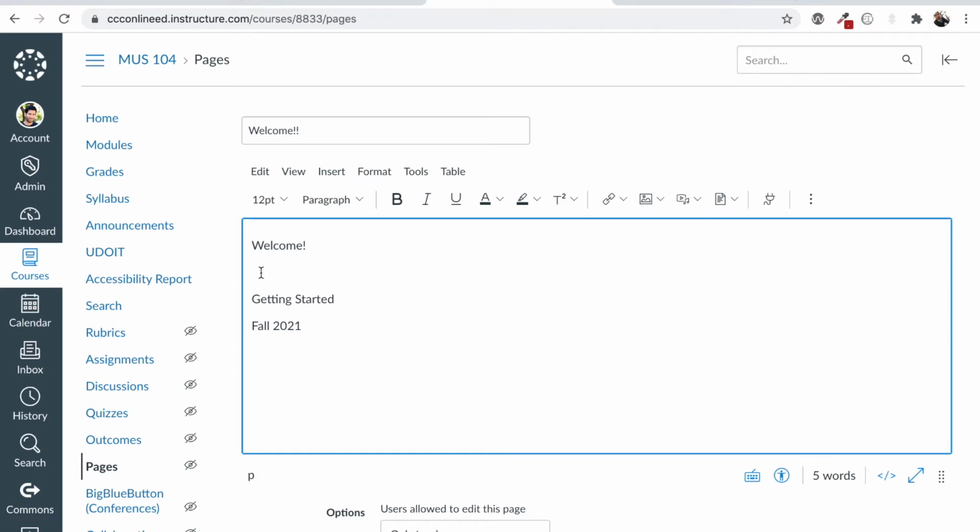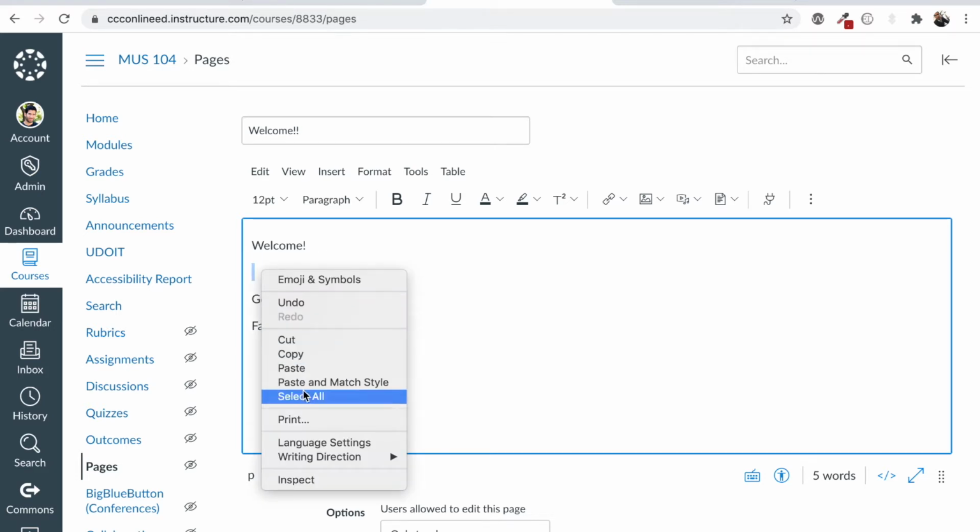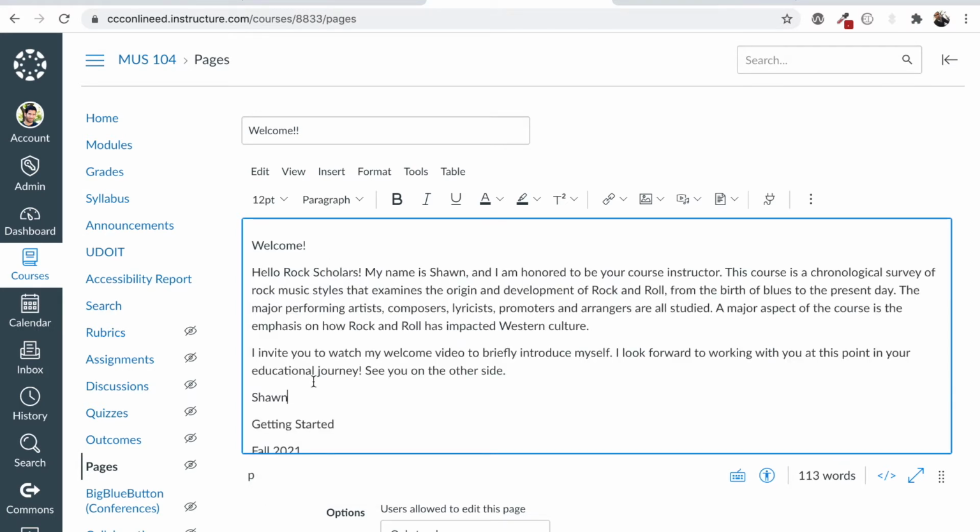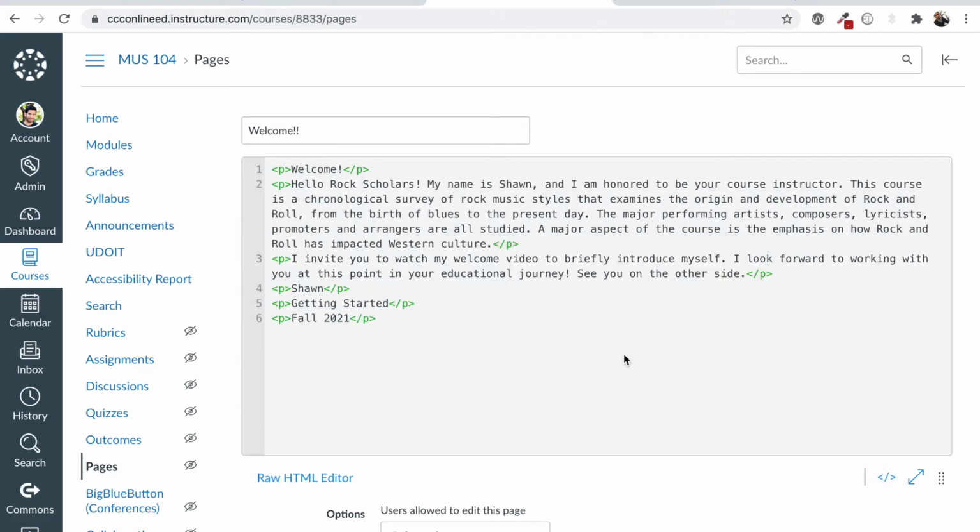And now I'm going to right click and select paste and match style. Okay, so I pasted and I matched style. And you may ask, Sean, why'd you do that? Well, when I select that paste and match style, what it does is it removes any formatting that might be in that text. And you can check it by looking again at the p tags. So there's nothing but plain text in each paragraph section.